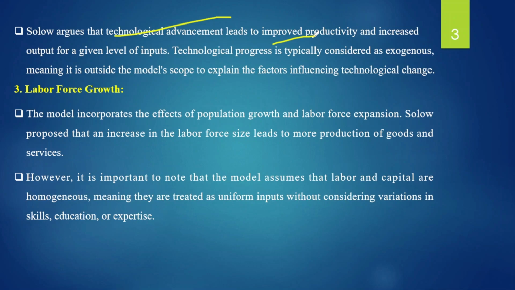right እድገታችን ይጨምረዋል ይሄ ደግሞ ምንድነው increased output right outputችንን increase ያደርግልናል ማለት ነው right so technological progress is just typically considered as exogenous ነው ብዙ ጊዜ በሶሎ ሞዴል exogenous ነው ተደርጎ ኮንሲደር የሚደረገው ማለት meaning it's outside the model scope ከሞዴላችን ስኮፕ ውጭ አድርገን ኮንሲደር የምናደርገው right explain the factor influencing technological change right ስለዚህ ቴክኖሎጂ ቼንጁ outside መሆን